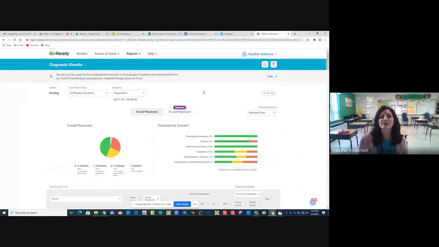In the fall, when students take the first diagnostic, as a teacher teaching math or reading, you want to see where your students are starting. On the screen here, you're going to see diagnostic 1, and you can change that right here to the most recent. But I'm at diagnostic number 1. And so you can see, 47 students on level, 26 are 1 grade behind,